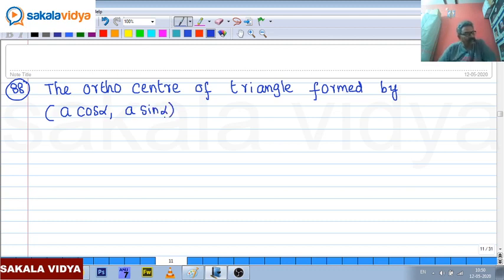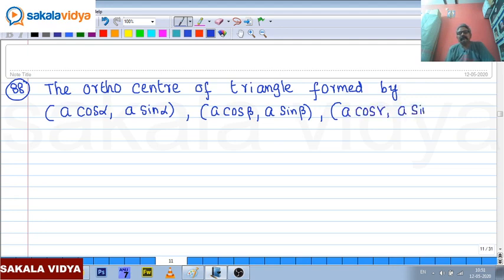Okay, leave it that question. I will discuss later. A cos beta, comma, A sin beta. A cos gamma, A sin gamma is, first option